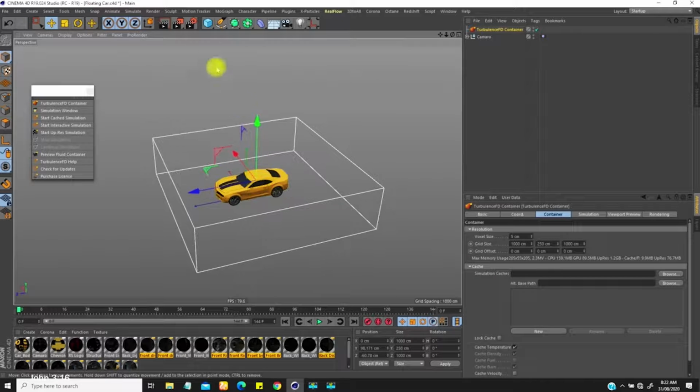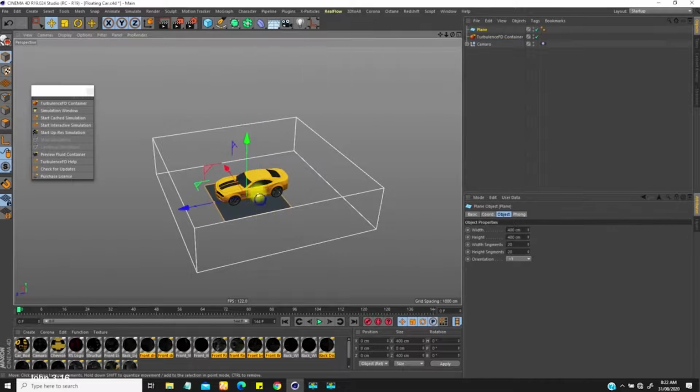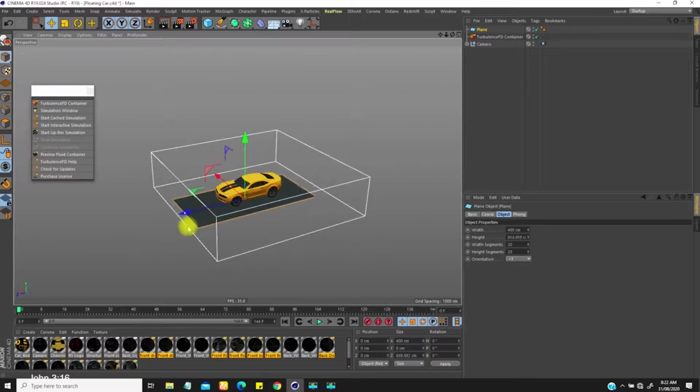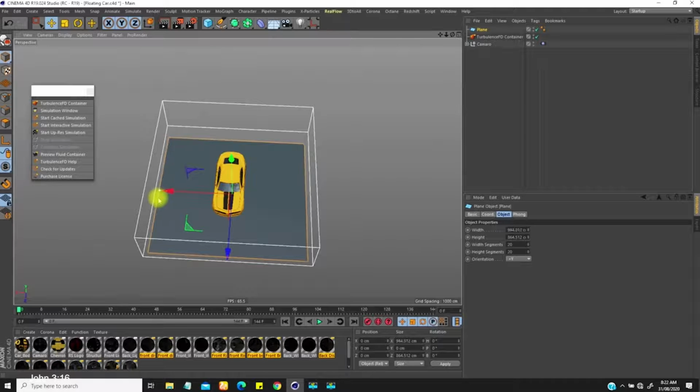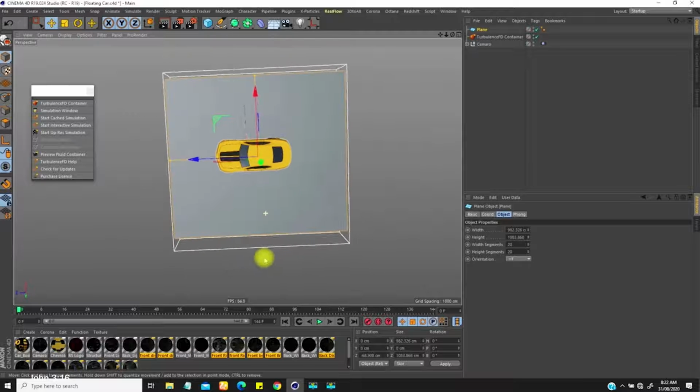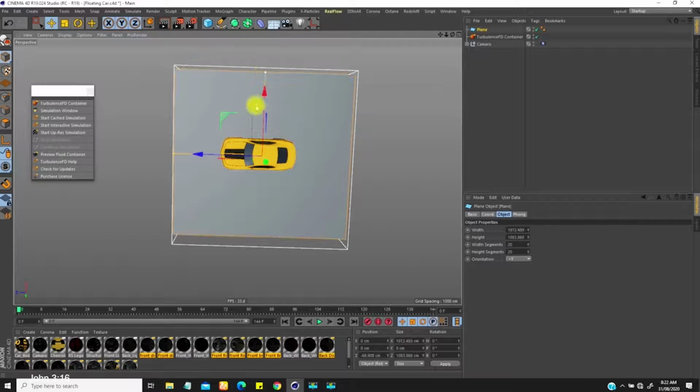Once I'm done with that, the next thing I'm going to do is create a floor object that I want to catch this. So I'm going to create a plane object to serve as the floor. Bring this, make sure it is within this simulation. All right, so once we have that,